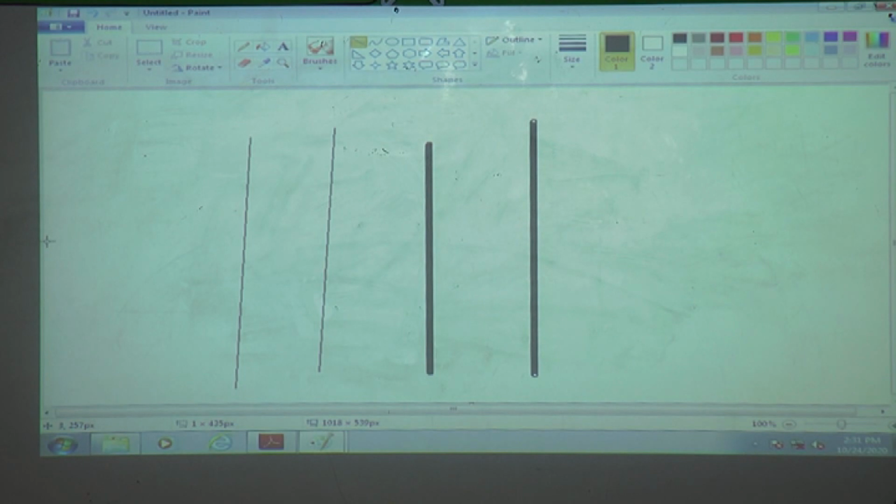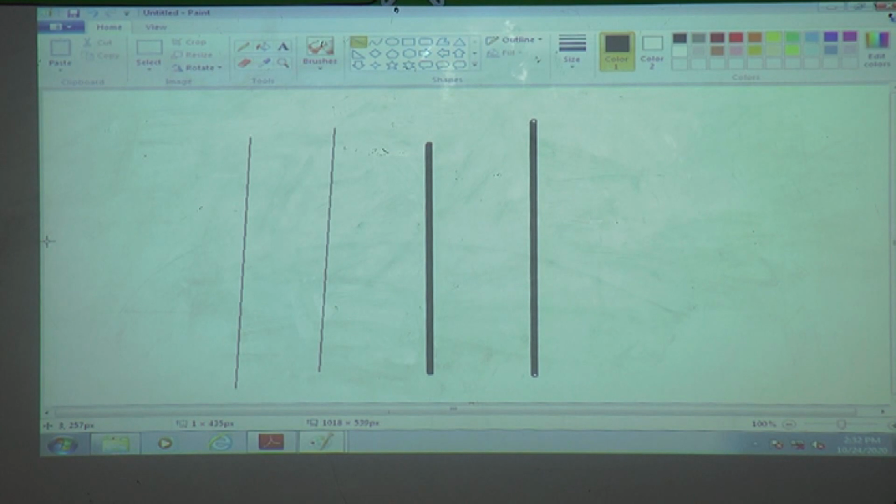How to draw the line? Select the line, then afterwards take the mouse pointer to the drawing area, and if you want to draw a straight line, then press the shift key. Without pressing the shift key also we can draw lines. What we discussed in this period? Eraser tool. Next one is a rectangle tool, rounded rectangle tool, ellipse tool or oval tool, line tool.